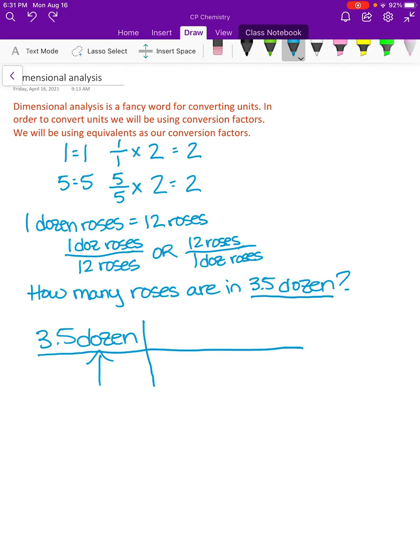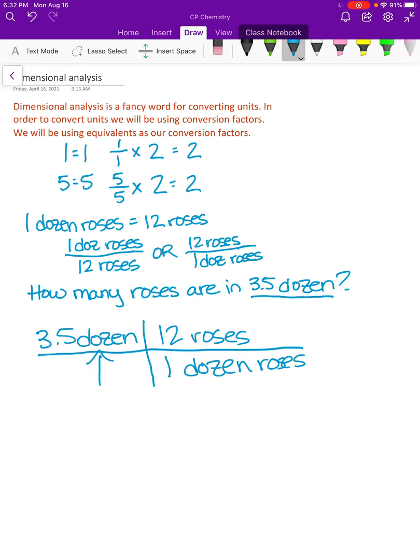So since we're starting with dozen, we want dozen to go down here on the bottom. So which one of the conversion factors, this one or this one, has dozen on the bottom? It's this one. Okay? So we're going to put 12 roses over 1 dozen